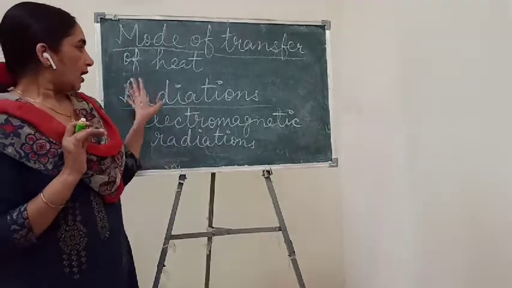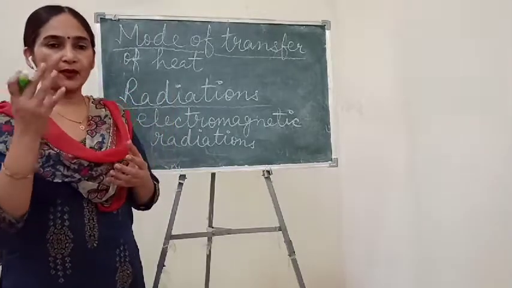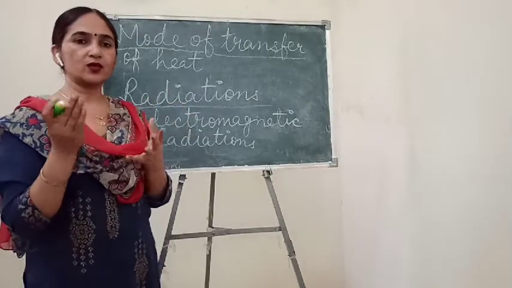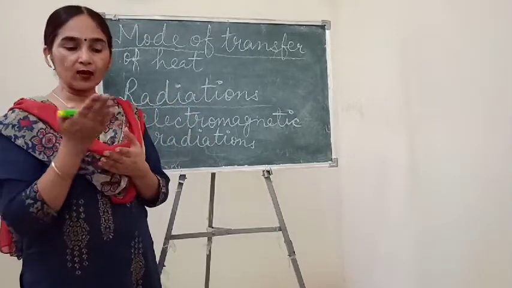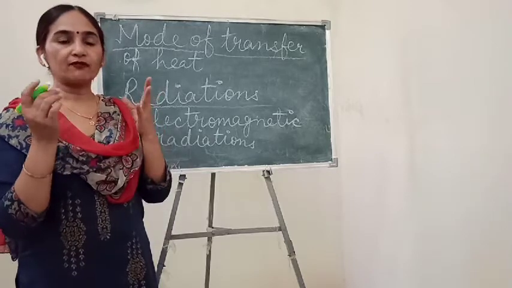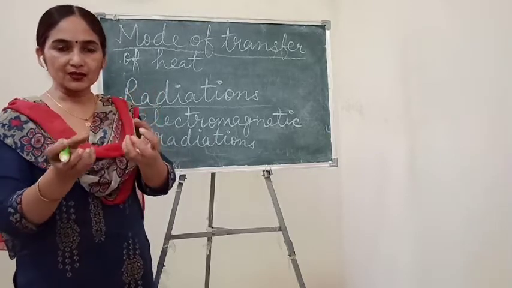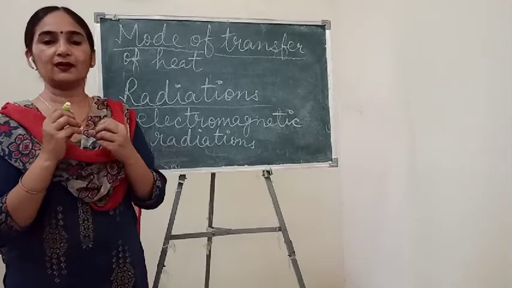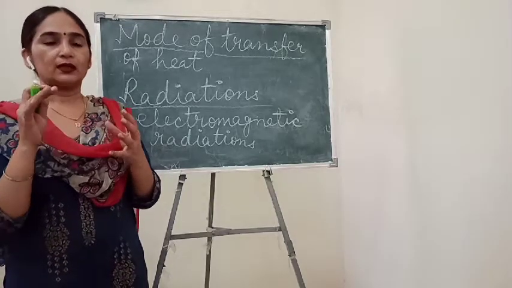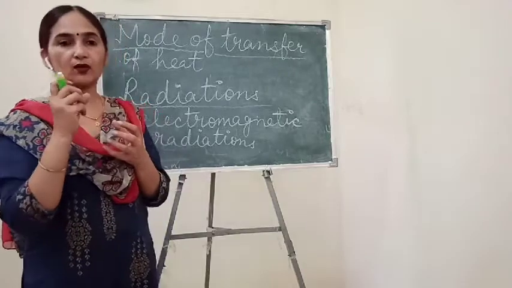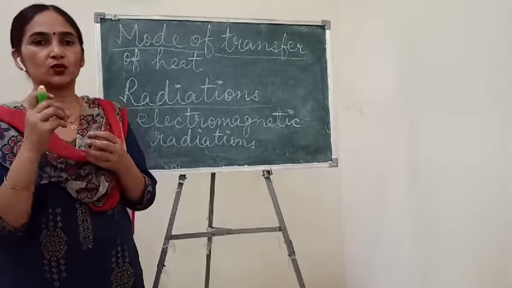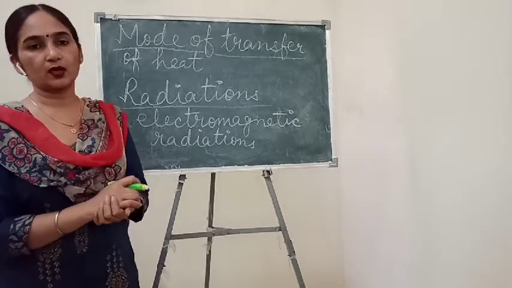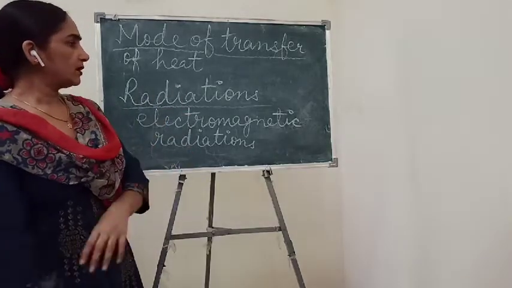Understand? So here I am telling you examples or applications or uses of radiations. Our cooking utensils also come in the market with a black coating. Why do we use black coating? Because heat radiations are attracted, or we can say absorbed more, by the black color. They absorb more heat, so that our cooking process can be faster with the use of those cooking utensils. So this is all about radiations.